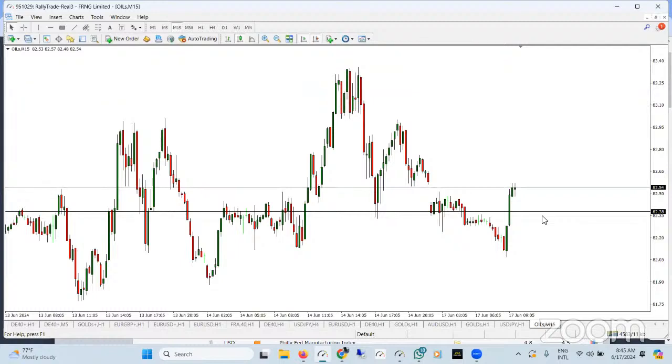If you're interested in trading crude oil, why not? You can start buying now if you're interested. And of course, target not too much, maybe 10, 20, 30 pips. Grab the pips and move on. That's my analysis on oil, 100% honest analysis. So I'm still interested in buying. I'm not interested in selling it because the price has sold too much, way too much in the last 2 weeks.